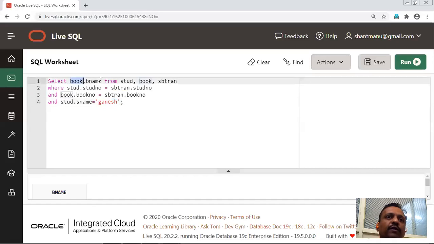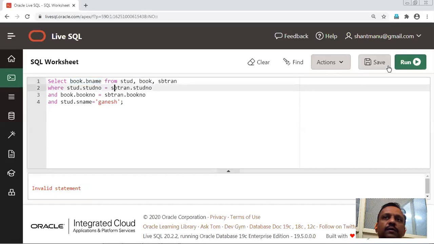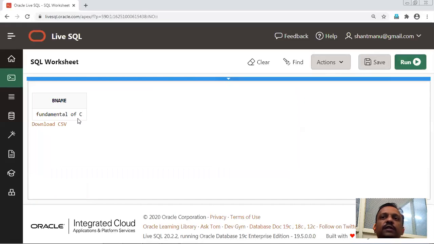What we are going to find out is the book name. So execute that query. The result is Fundamental of SQL.